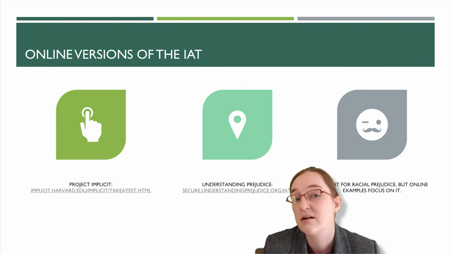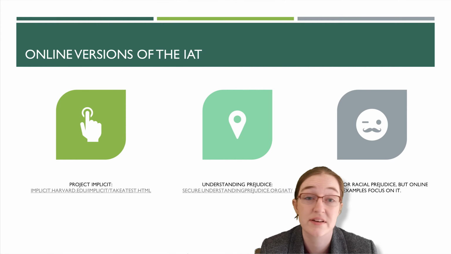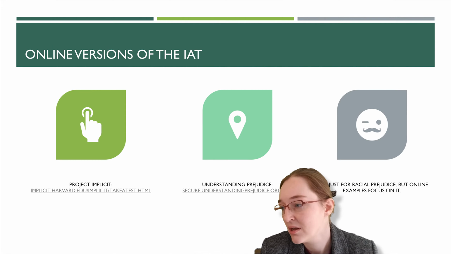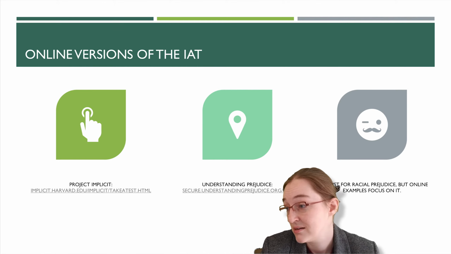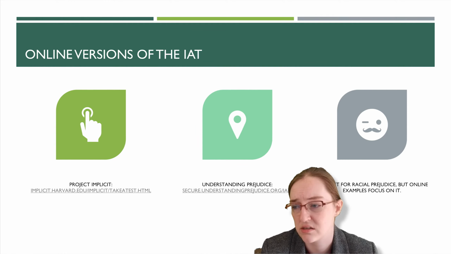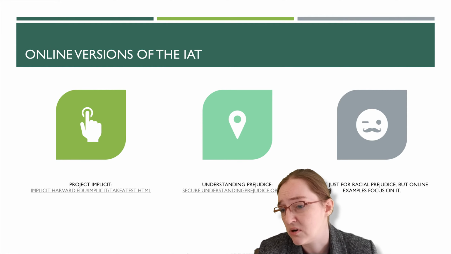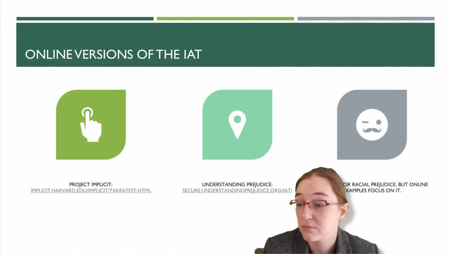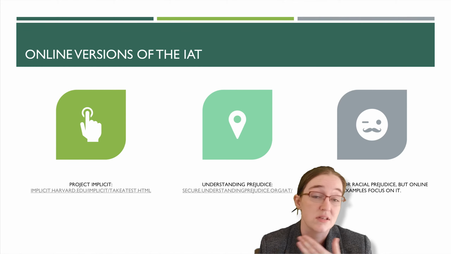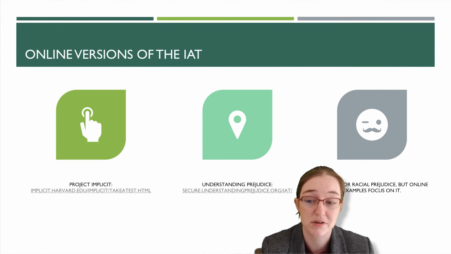Online versions of the IAT that I will hopefully remember to link in the module are Project Implicit at Harvard, which I think are kind of the early people that championed this. Also, the Understanding Prejudice website, which is built on this. The examples I have are mostly for racial prejudice, but online